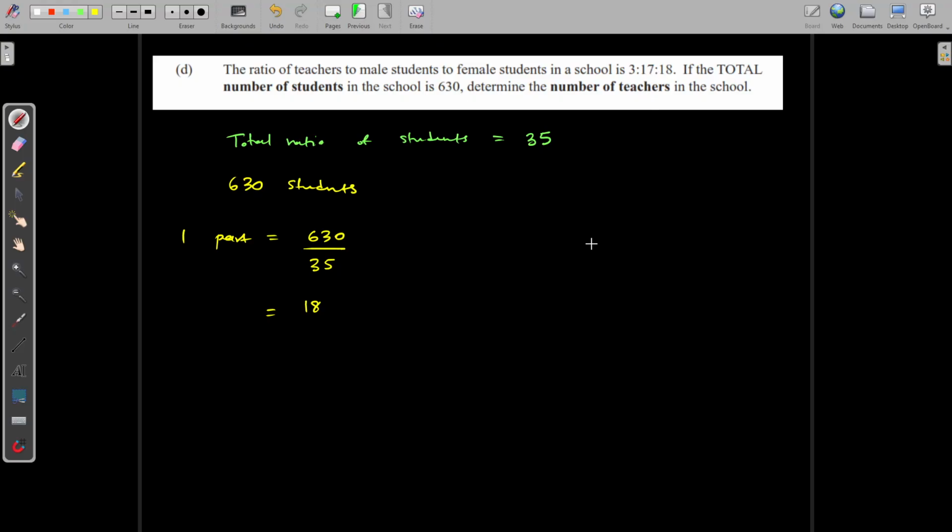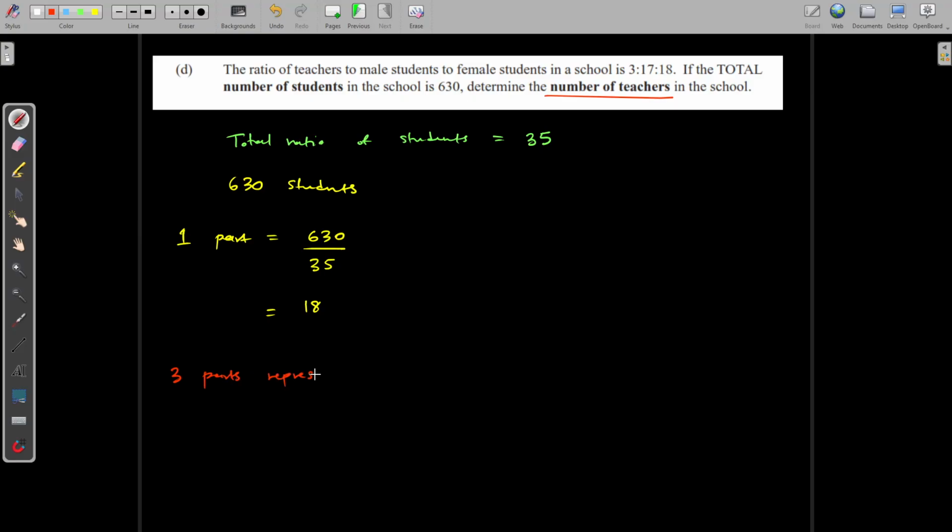Go again. For what, the teachers? So the girls would be 18 times 18. 324. Oh, but they didn't want the girls, they want the number of teachers. So we know that the number of teachers represents 3 parts. So 3 parts